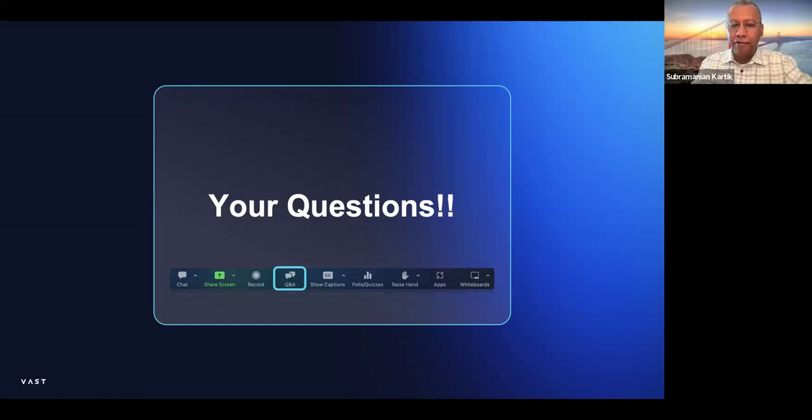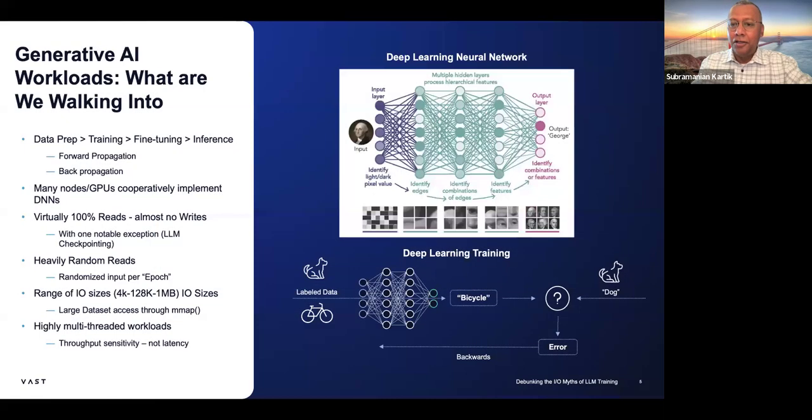All right, let's dive right into it, folks. So just a quick overview of what is this world that we're really walking into? What is generative AI, and how does it work, and how does that work with GPU systems, etc.? I'm hoping that all of you do have some background in